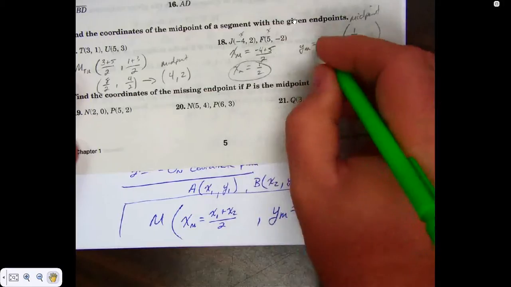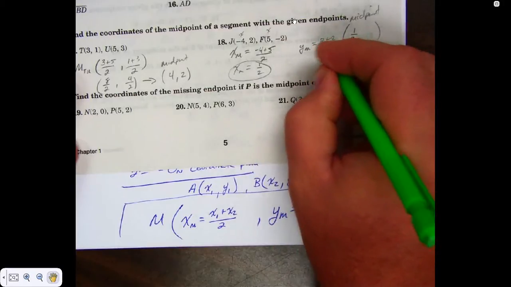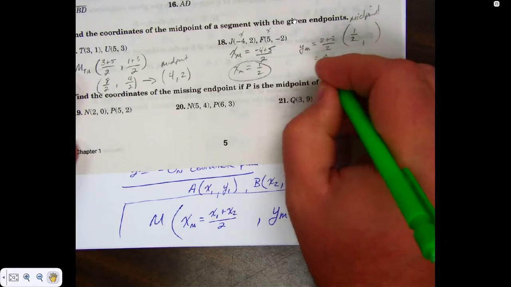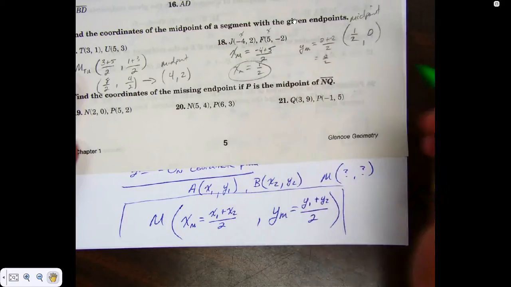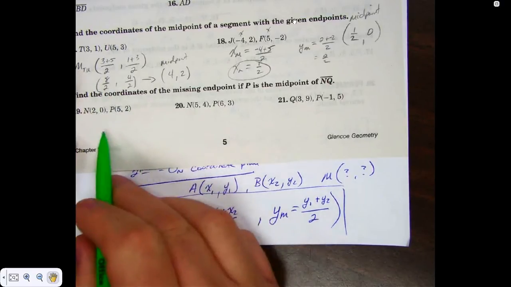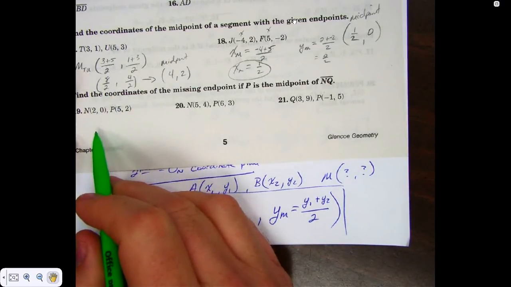Find the y coordinate of my midpoint, 2 plus negative 2 divided by what? 2. That's what? 0 over 2, which is just 0. The reason why doing it this way is important are for these right here. These confuse people